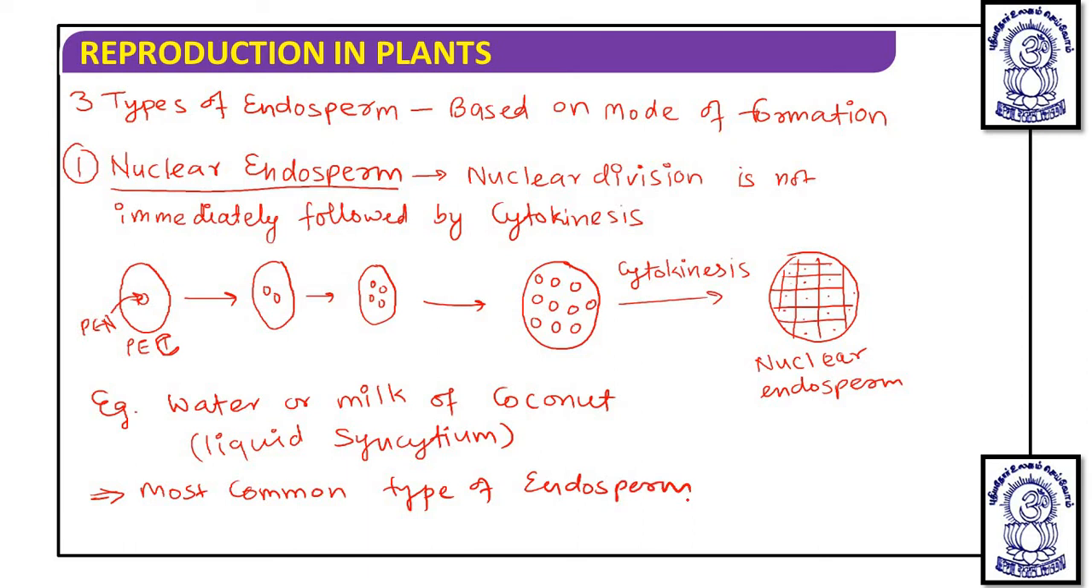Now apart from that, the next type of endosperm is the cellular endosperm. So next we are going to talk about cellular endosperm. I hope you understood nuclear endosperm properly. Here the nuclear division is not immediately followed by cytokinesis. But when we talk about cellular endosperm,